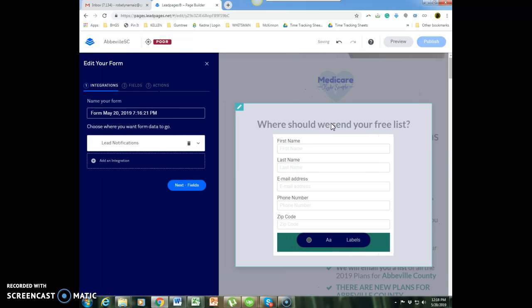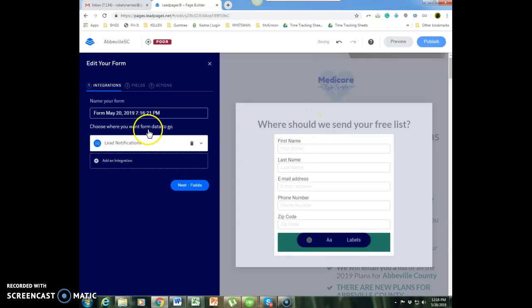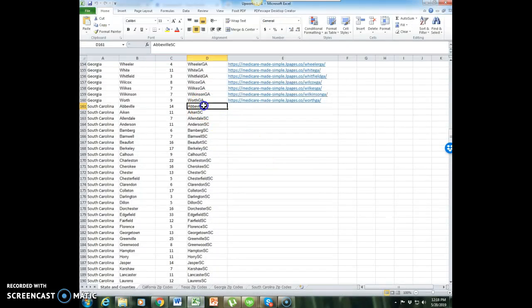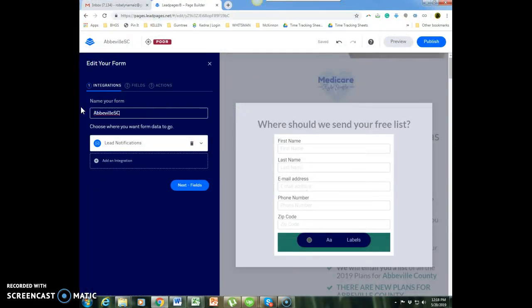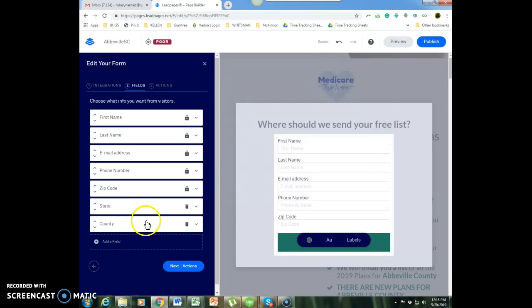So just hover over it, then click. So, name your form. Just highlight it, and then Control V. Oh, sorry. Copy this, Abbeville SC, paste, and then next fields. So, make sure your